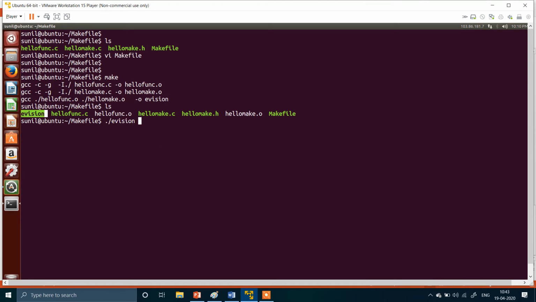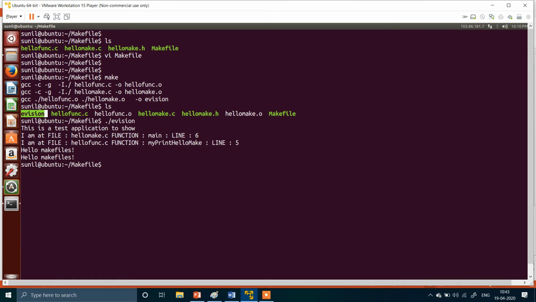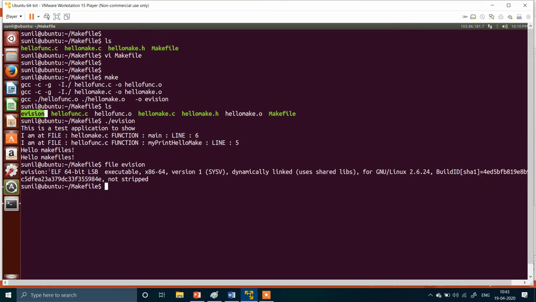Let's execute it. Again, you can use the file command to check the properties of the binary. This binary is a 64-bit LSB executable, compiled for x86 64-bit architecture, and not stripped. So these are the simple things related to makefile. I will also show you some experiments.